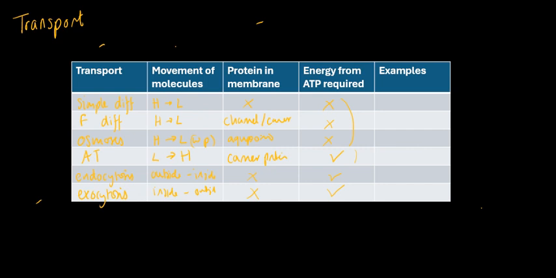So examples, we could have CO2 or oxygen or lipid-based hormones. Facilitated diffusion, you could have glucose or insulin or ions, so things that are either too big, polar or lipid insoluble. Osmosis,